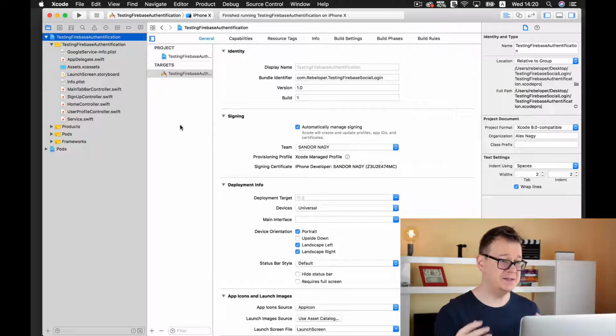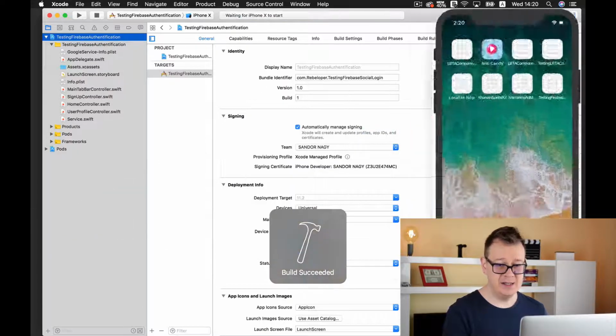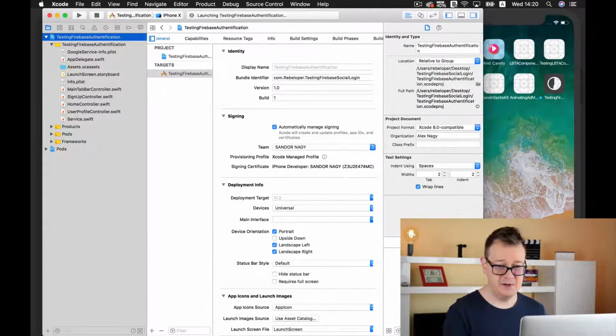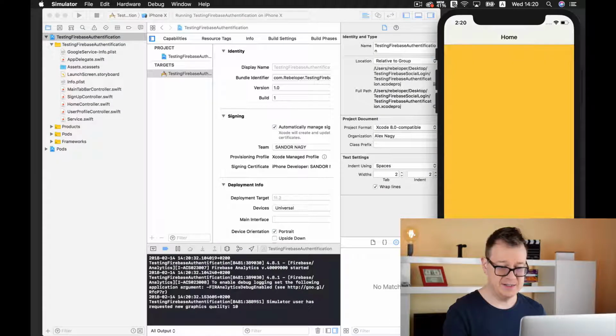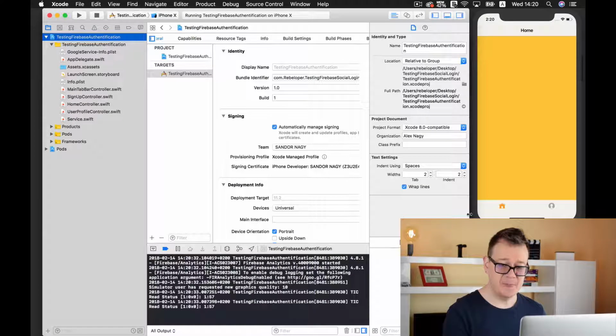Okay, here is my test Firebase authentication project, and let me just build this in my iPhone 10 simulator here. Let me just resize this just a minute. And as you can see, we have here, well, a tab bar controller inside a navigation controller. And most tutorials don't cover this, they only just cover how to set up a login button and how to call up on it. But in this series we are going to create, well, nearly a production state app with